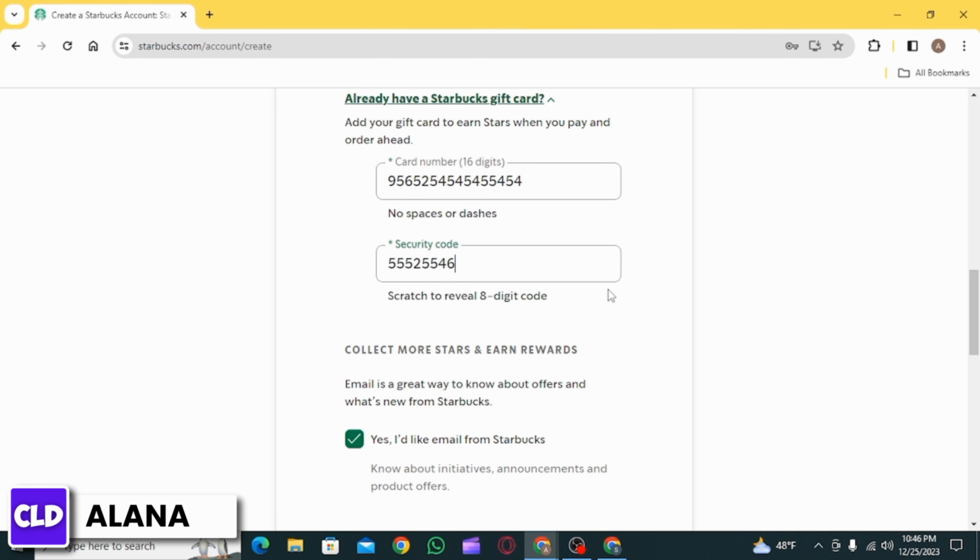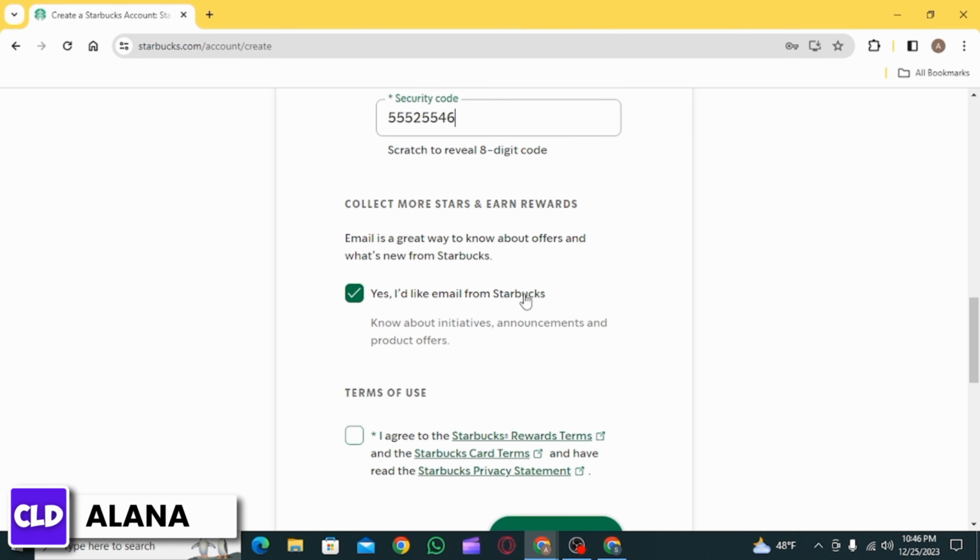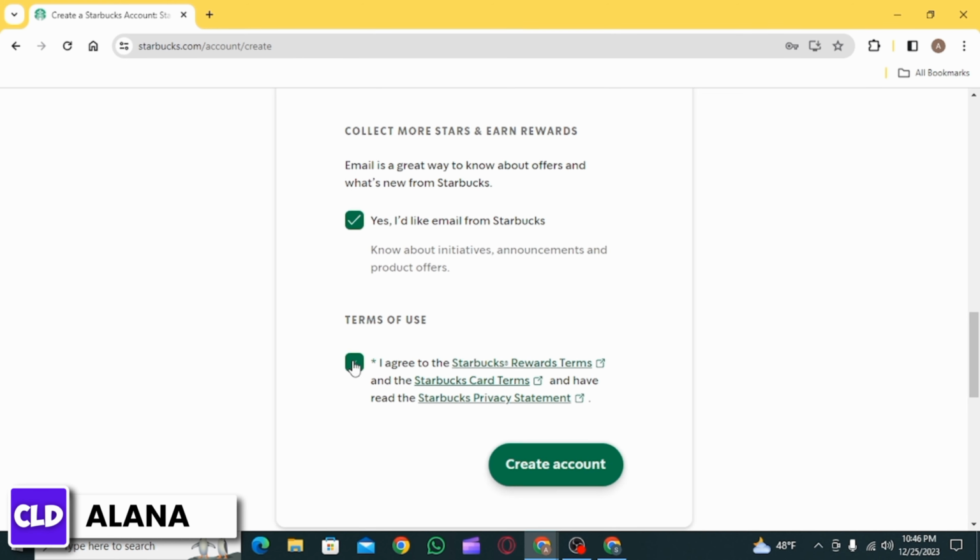After that, if you want to receive emails from Starbucks, you can check this box. Then finally, check the box where it says I agree on the terms and conditions. Now click on the create account option. Once your account will be created, you will get the added gift card on your account, and that's it for